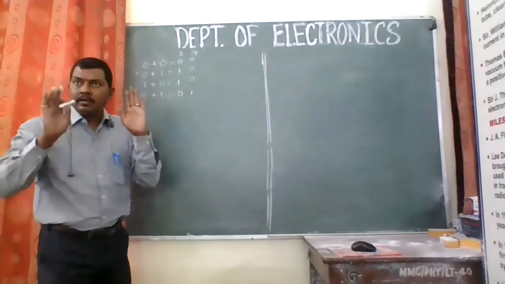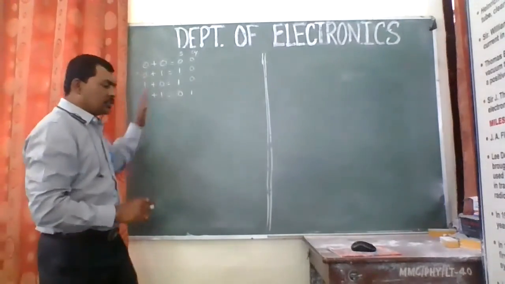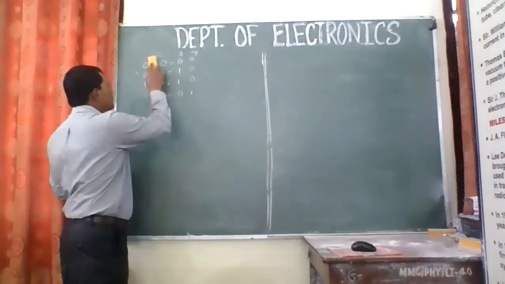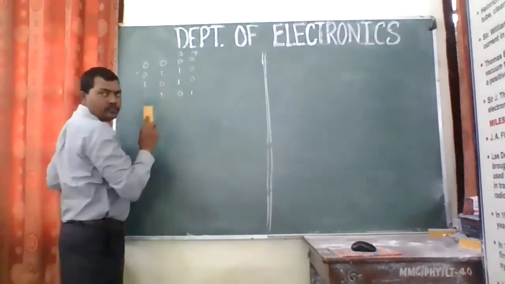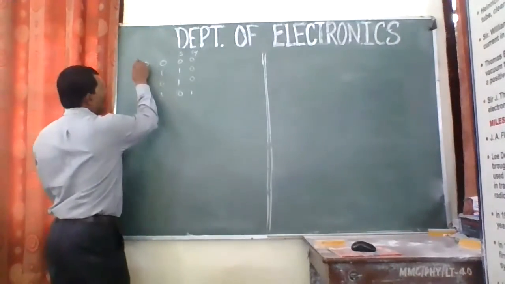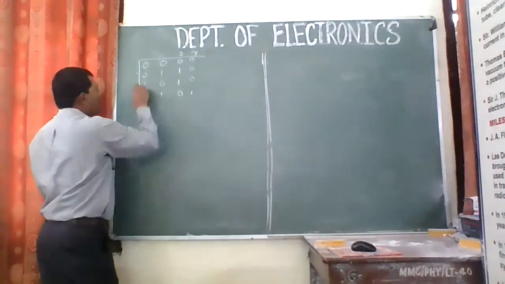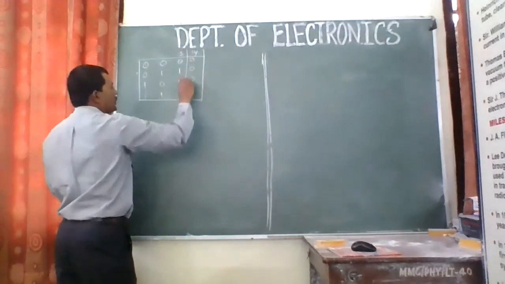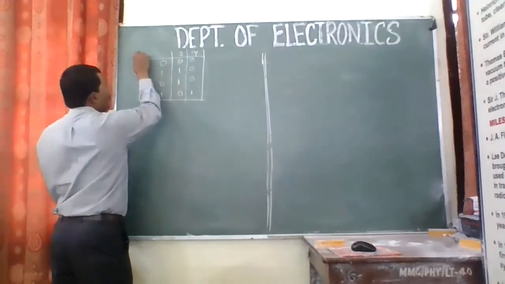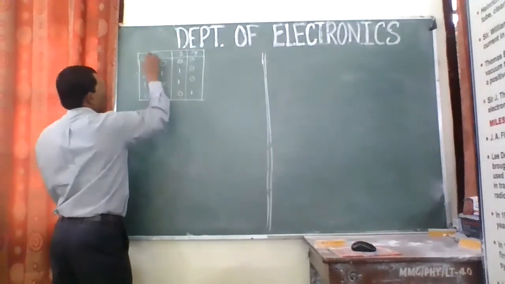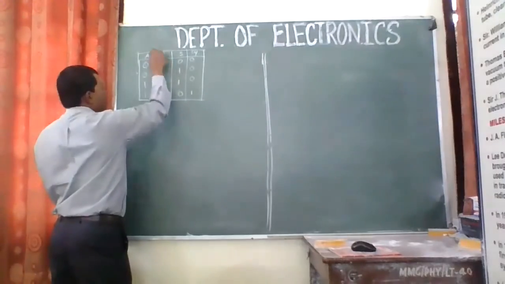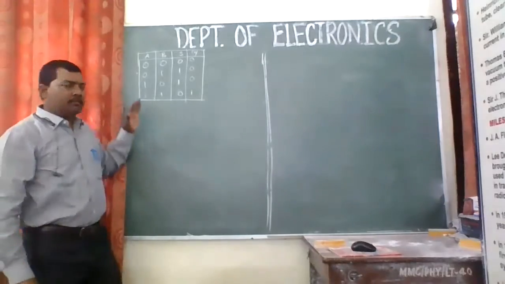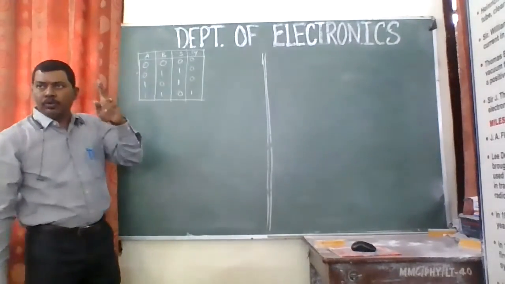Have you got this? And now just recall this. I'm just replacing these plus signs and I'm trying to make this a truth table. Just see how I'm converting this. So this is the truth table. This is sum and carry. These are the two inputs, A and B, right? So A and B are the two inputs.